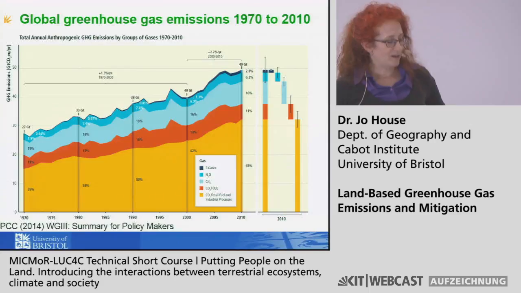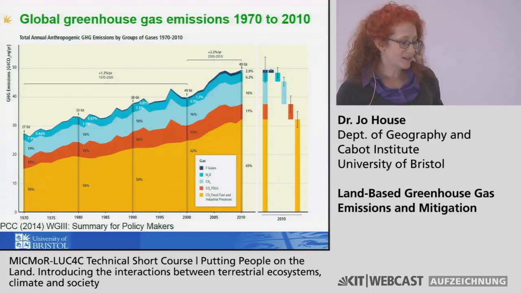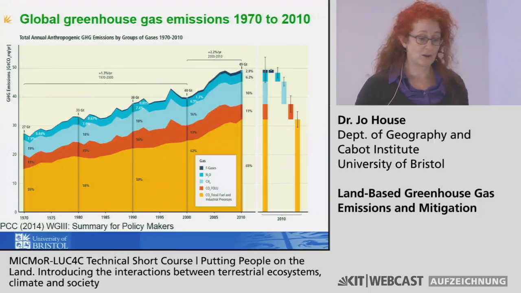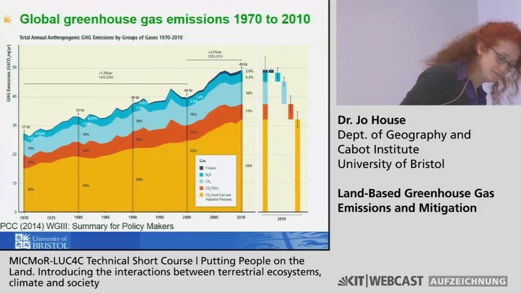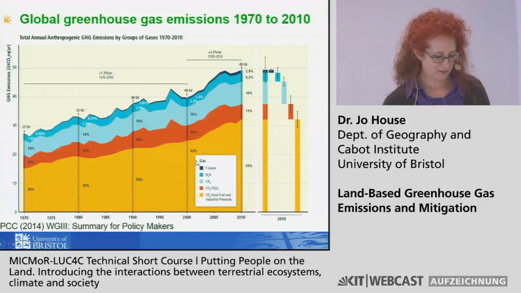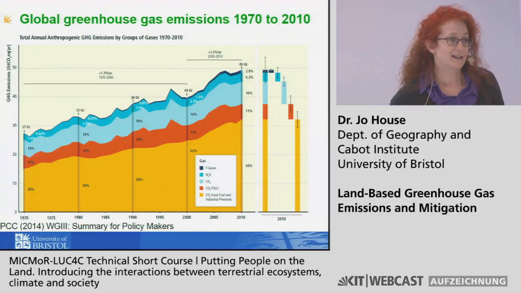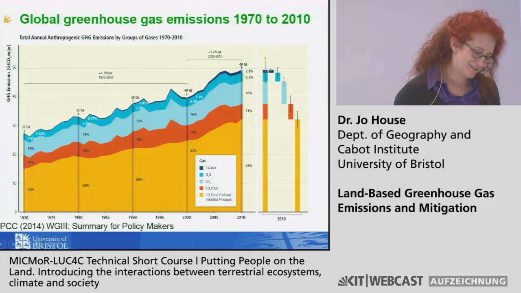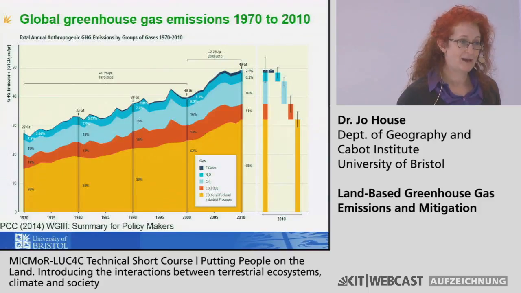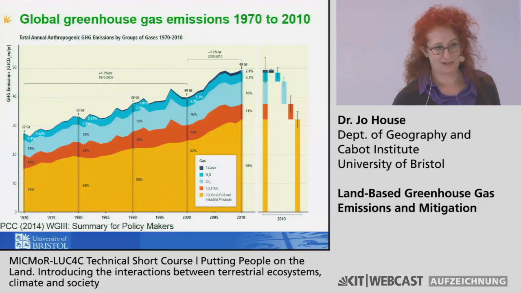So this is a figure we put together for the IPCC that went in the summary for policymakers, and it looks at global greenhouse gas emissions from 1970 to 2010. Very nicely here, we've got the CO2 emissions from FOLU. We've got a bit of a change of acronym here. So in the UNFCCC and Kyoto Protocol, they tend to use LULUCF, land use, land-use change and forestry. And the IPCC, and in some parts of the reporting, they talk about emissions from agriculture, forestry, and other land use. So FOLU, I think Alma mentioned yesterday.